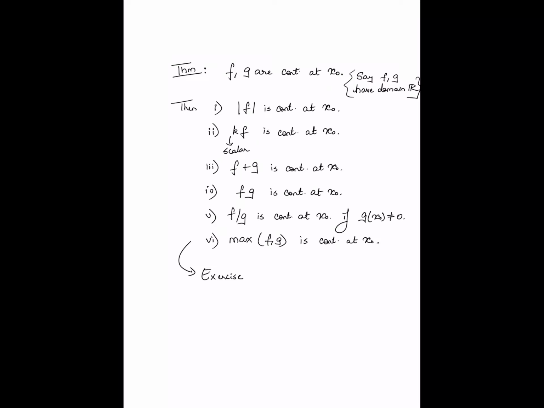For only the max, let me point out that what you can use is the following property. The max of any two numbers x and y can be written as (x plus y)/2 plus half of |x minus y|. Again, stare at this for a bit and see that whether x is more than y or x is less than y, you always have that max of x comma y is equal to (x plus y)/2 plus half |x minus y|. You can use this